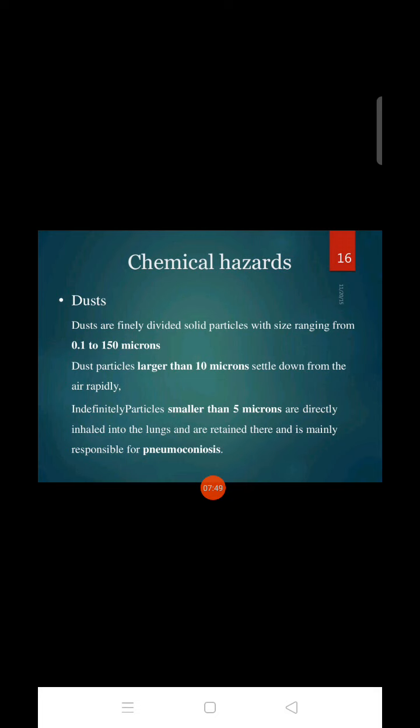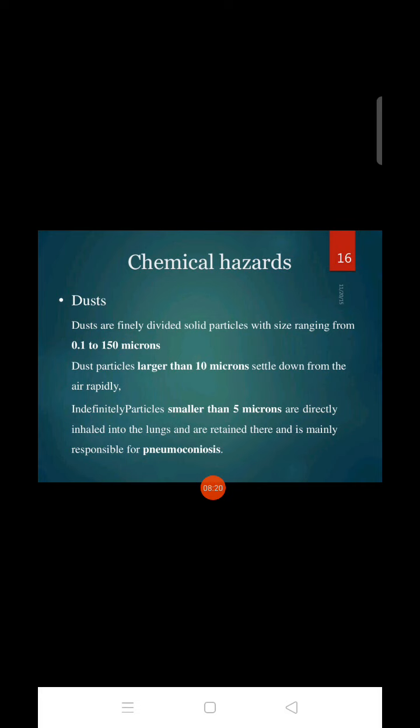Next, chemical hazard dust: dust consists of finely divided solid particles with size ranging from 0.1 to 150 microns. Dust particles larger than 10 microns settle down from the air rapidly. Particles smaller than 5 microns are directly inhaled into the lungs, are retained there, and are mainly responsible for